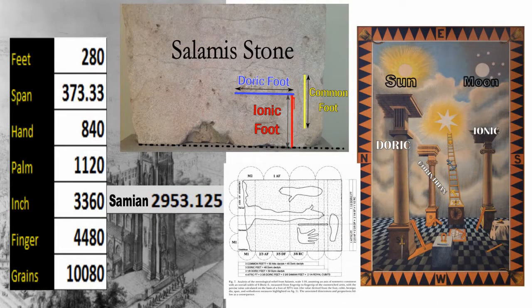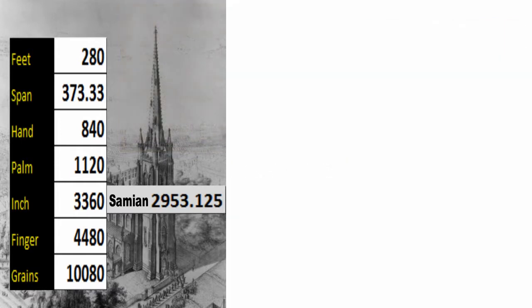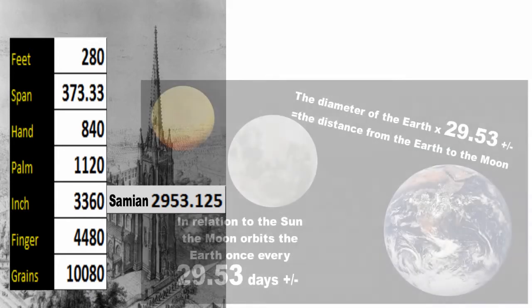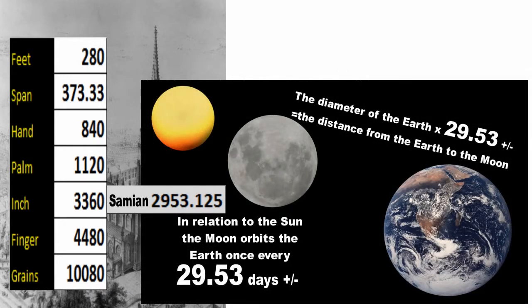in inches it converts to, so 280 feet, the Trinity Church converts to 2,953.125 Samian feet. Samian feet are also embedded in the Salamis stone, Samian as in Pythagoras of Samos, and more than a few very important ancient philosophers, geometers, astronomers come from this. But why is this so relevant? Well, this is one of the most